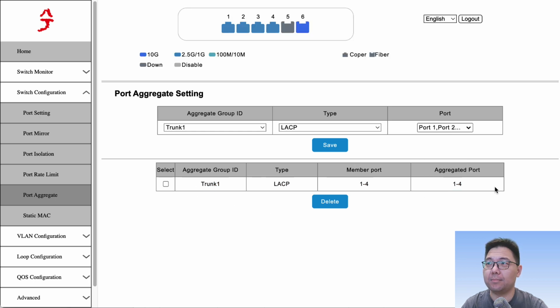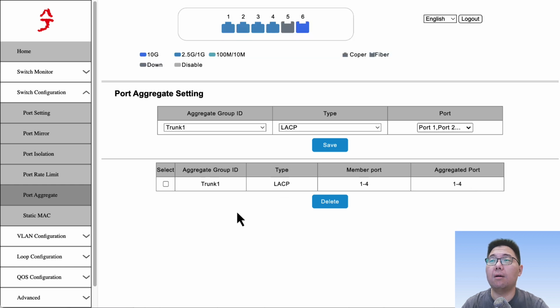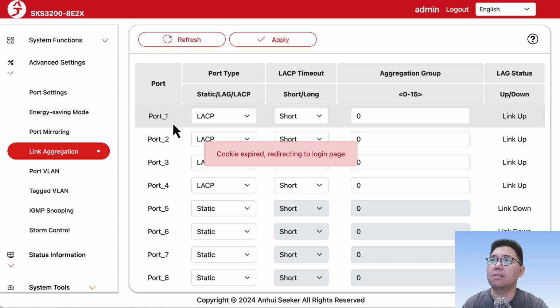show up. Okay, and if the aggregated link is established, you will see this part, the aggregated port, and it will show whatever ports are here. If it doesn't work, it will show either nothing or only the port that actually worked. So this is the 4E2X, and on the 8E2X,